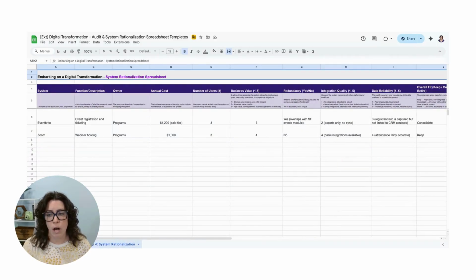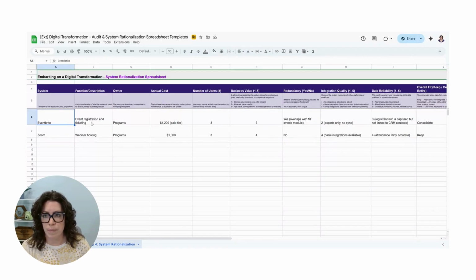So you're going to want to copy all of the systems that you captured in the audit over to this second tab. And then you'll go through each system and look at the function, the owner, the annual cost, number of users, business value, and there's some guidelines here for you to help.